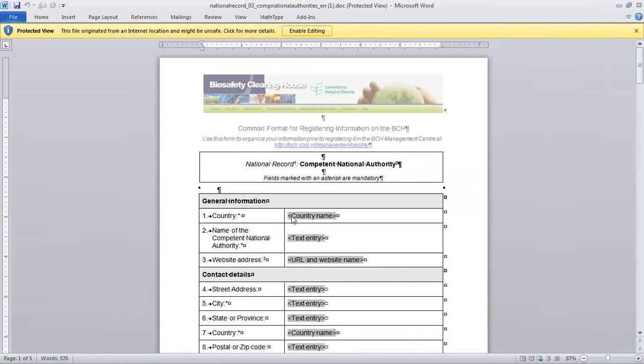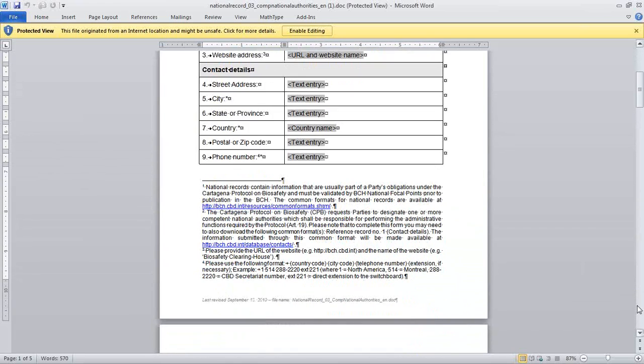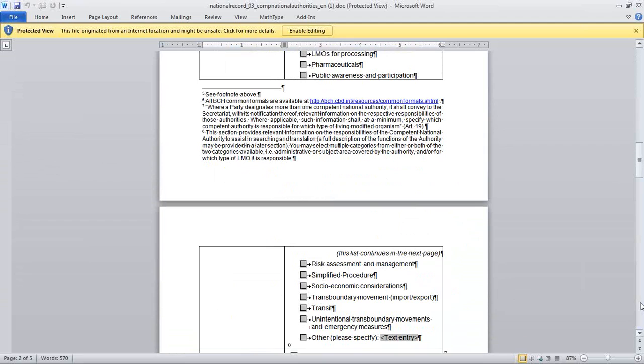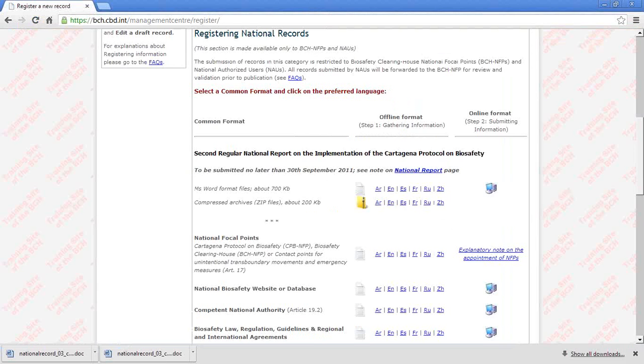This has all the fields that we should fill for registering this information. This one is rather small, although it has all the information. But for example, if you were to register a risk assessment or a decision, these other types of records are much more extensive, and you may require information from several different agencies. So the common format, the printed document, can be useful for gathering that information before going into the BCH and